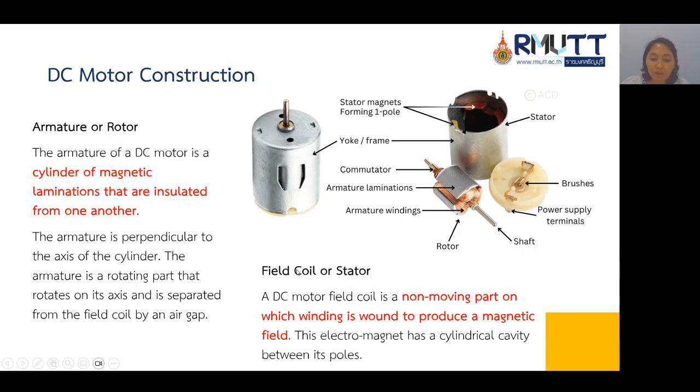And then the field coil or the stator: a DC motor field coil is a non-moving part on which winding is wound to produce a magnetic field. This electromagnet has a cylindrical cavity between its poles.